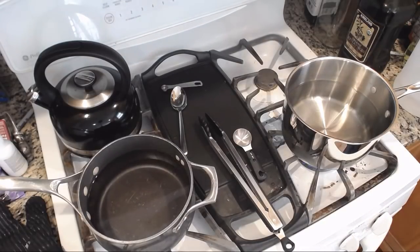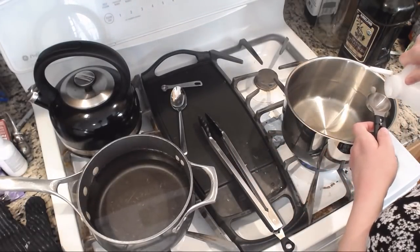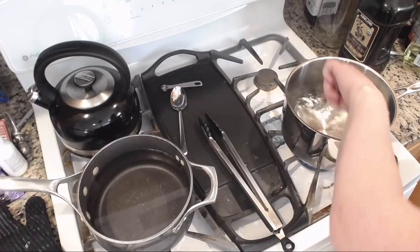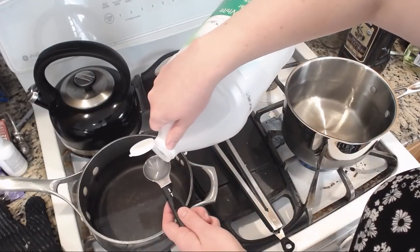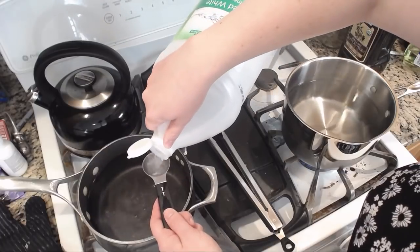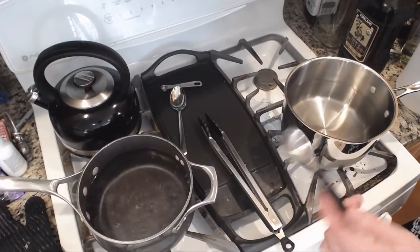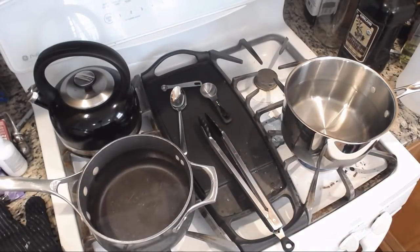Okay, we got the two new pots heating up, and I am going to add 2 tablespoons of white vinegar to each one. Approximately. Okay, so what I found is that with the Wilton Colorite system, the Wilton Colorite Color Performance System, and oh,